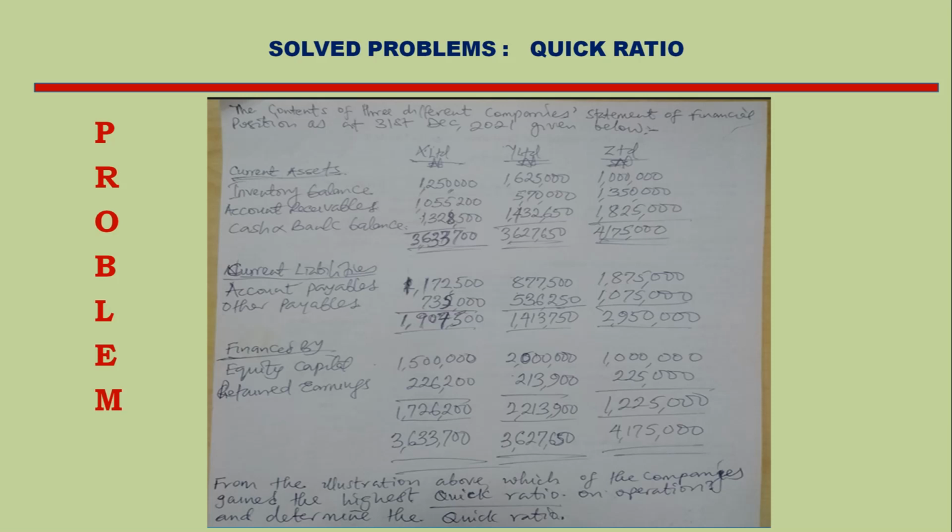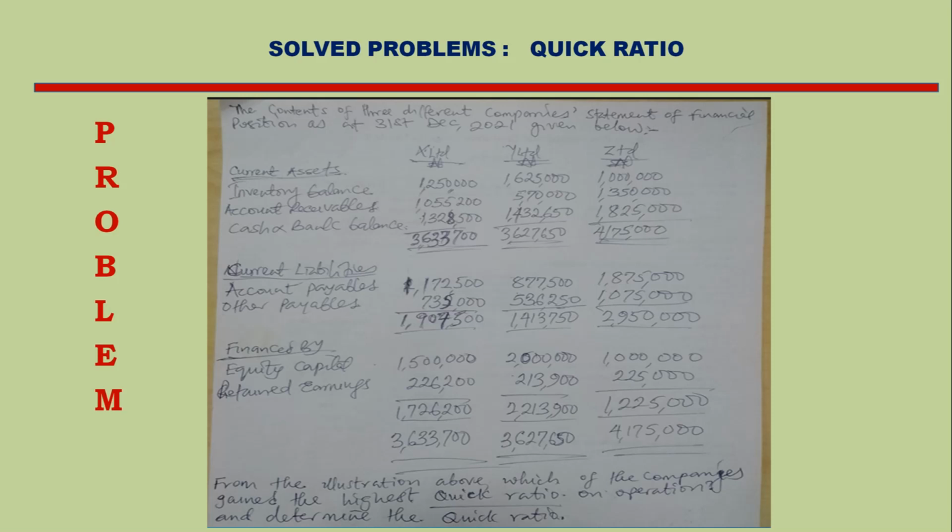Z Limited 4,175,000. Current liabilities. Accounts payable: 1,172,500, 877,500, 1,875,000. Other payables: 735,000, 536,250,